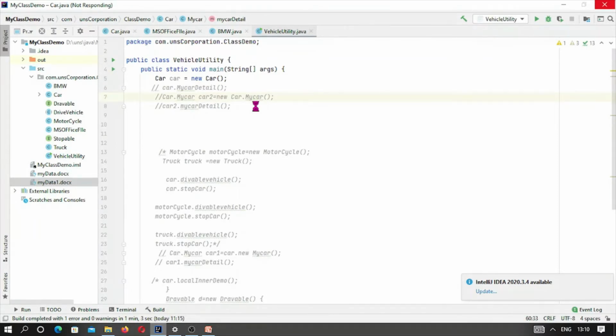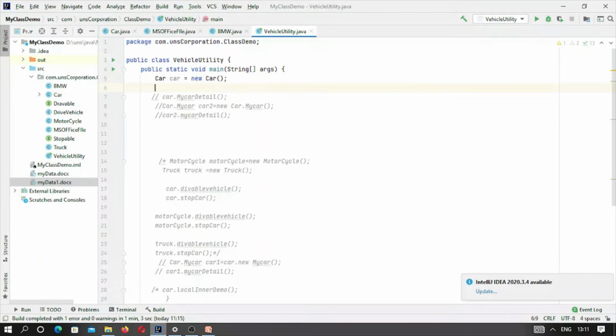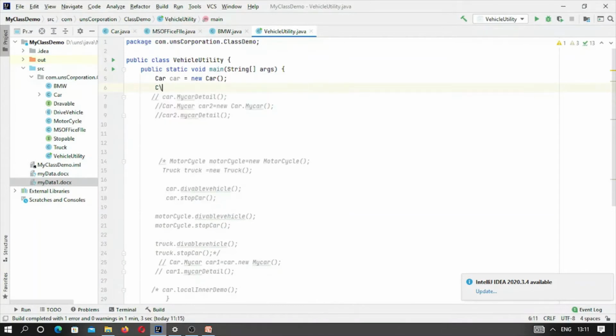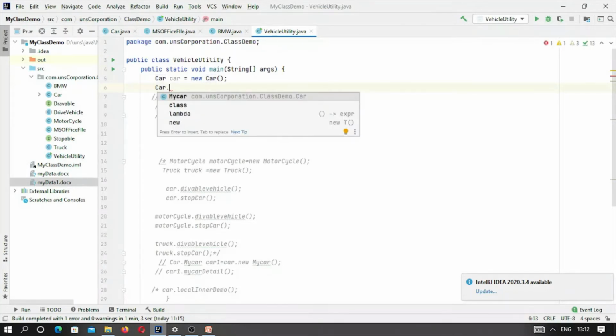Now what we want to do, we have to create an object of an inner class.